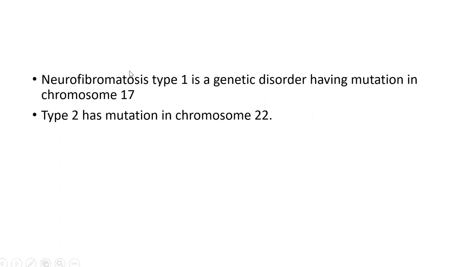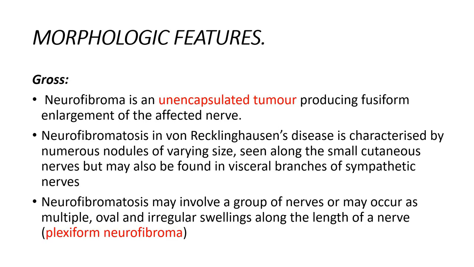Neurofibromatosis type 1 is a genetic disorder with mutation of chromosome 17, whereas type 2 has a mutation in chromosome 22. Now, how does it look? The gross and microscopy. Grossly, it is an unencapsulated tumor. Remember, schwannomas are very encapsulated, and this is an unencapsulated tumor, and it forms a fusiform enlargement of